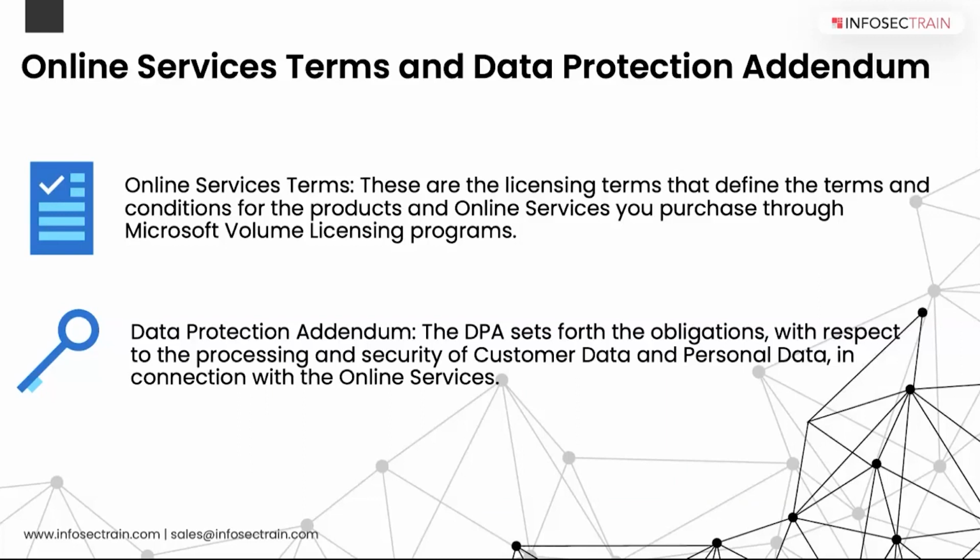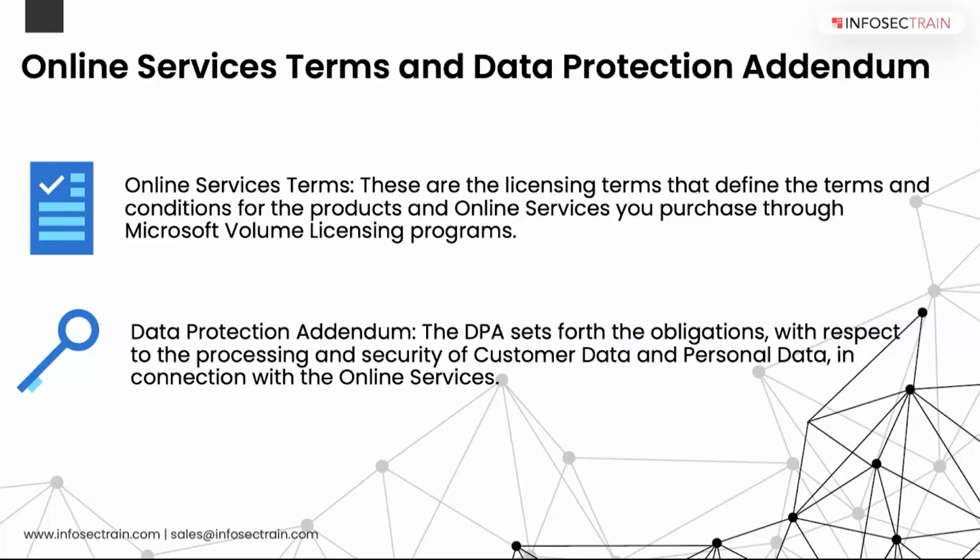Okay. And with that, there is the Data Protection Addendum, DPA, which further defines data processing and security terms of online services. These terms include compliance with the law, disclosure of processed data, and data security, which includes the practices and policies of data encryption, data access, data transfer, all these kinds of things. So the data security and the DPA. What we have to do is check this DPA over here.